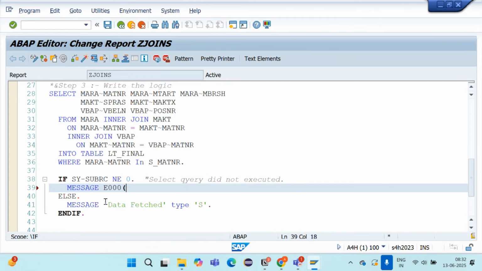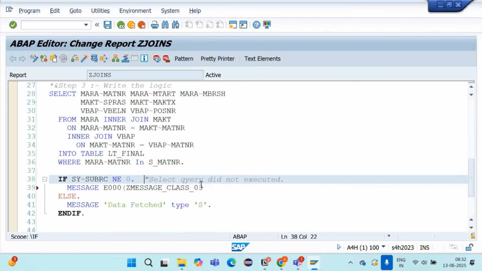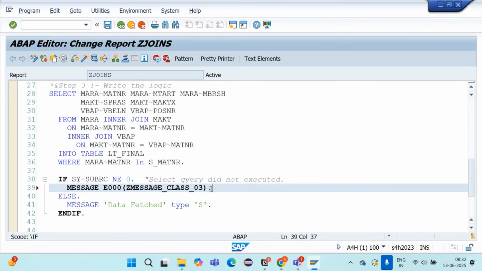And then in the parenthesis, you will be passing your message class name, global message. That's just the difference. That is global in nature, reusable. Here E is for error. This is your message number, and in the parenthesis you are passing your message class name.